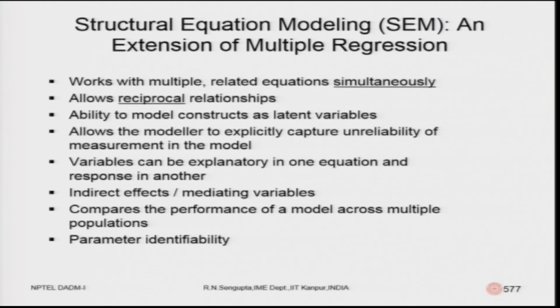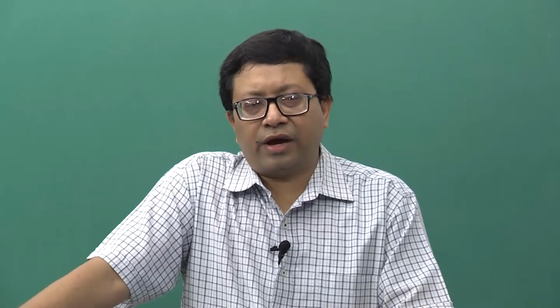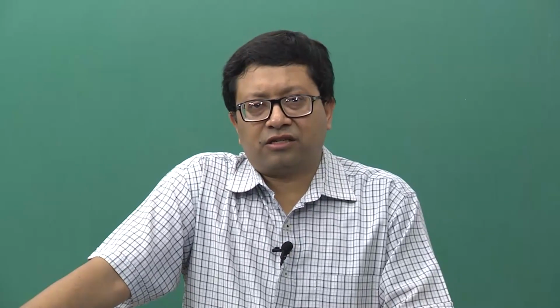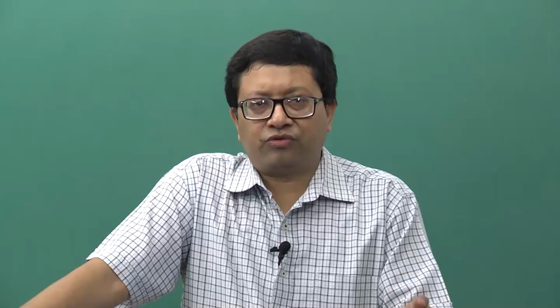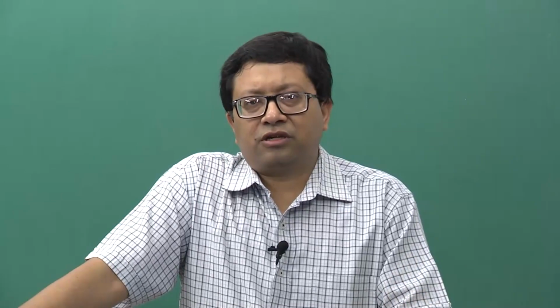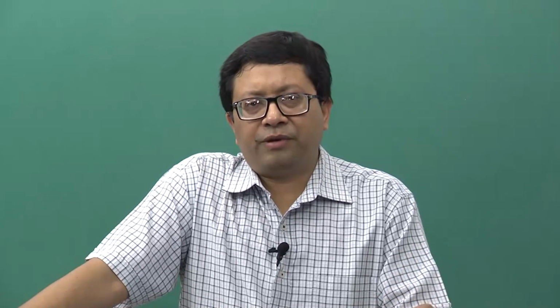So, these so-called simultaneous equations technically should be linear, but we will consider them to be non-linear as and when required. This allows for reciprocal relationships. Now, a reciprocal relationship is, for example, if x and y are related, that means x is related to y, and the relationship is, say, 0.23, then the reciprocal relationship, that means how y will be affecting x,